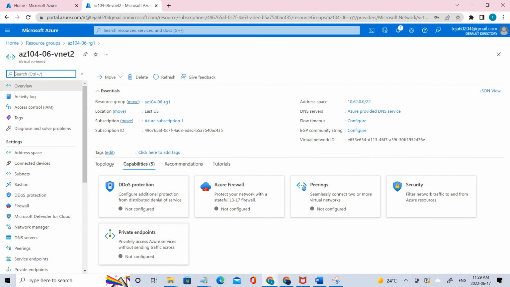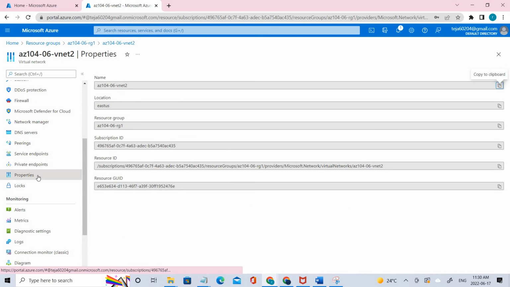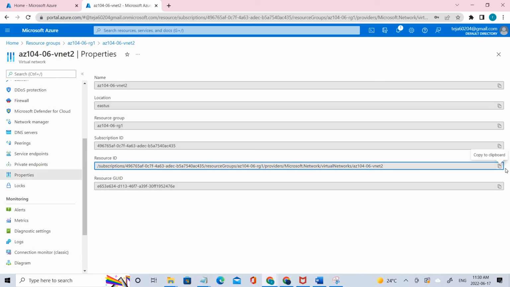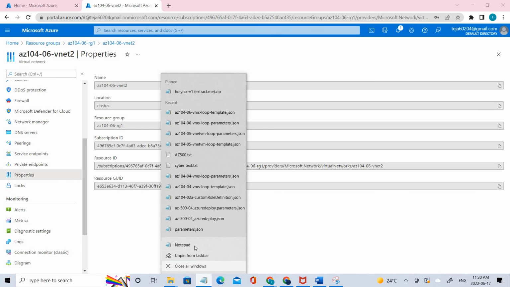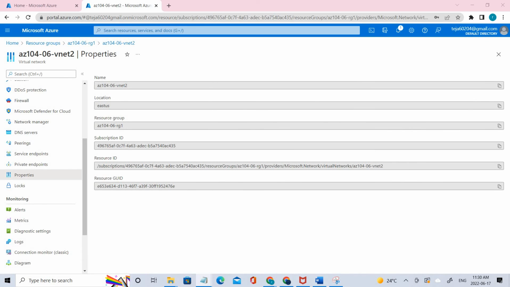So if we go back here to virtual network 2 under properties, yeah, there you go. Click the properties and record the resource ID. So this is the resource ID. It's group resource, but where is the resource ID? There you go. Click that, and I'll just make note of it. So it's done. The next one would be, we'll be going to virtual network 3, and similarly